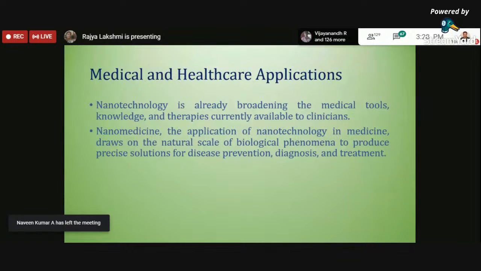Here, nanoscience is showing the greatest contribution. It has extended its contribution to a greater extent in medical and healthcare applications. It helps to detect the disease, to diagnose, and to treat, and it is also helping with various shapes and sizes of medical devices and surgery devices which we are using. For example, whatever knife people are using for surgery, what is the material? What is the particle size of the particular material?